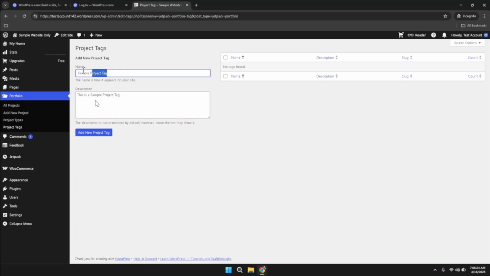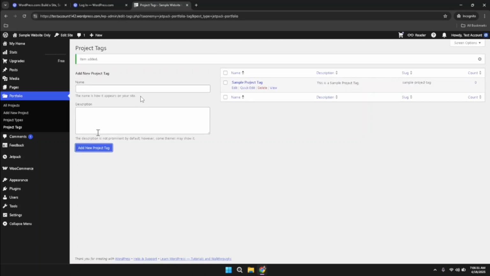And that's it. You've successfully added a new project tag in WordPress. This quick process keeps your portfolio organized and helps you manage projects more